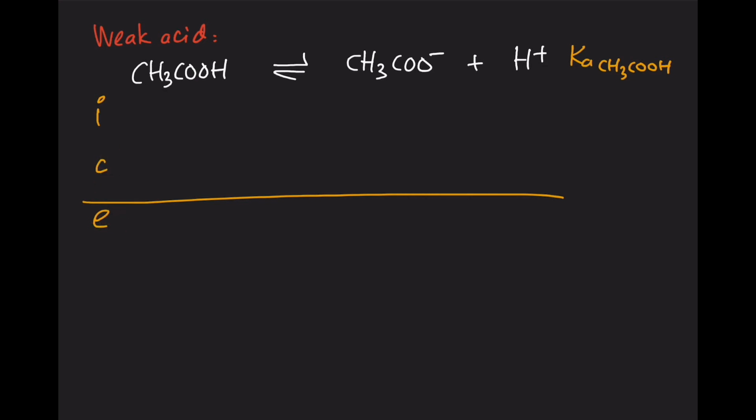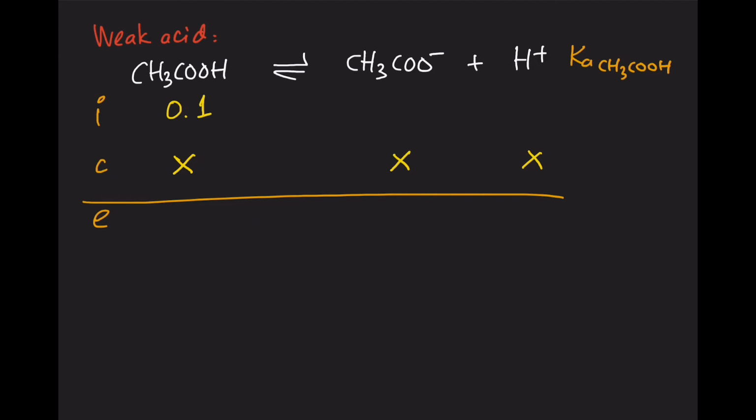For ease of calculation, let us assume that in the beginning we have 0.1 molar of CH3COOH. Now, because this reaction is an equilibrium reaction, we cannot use this as the limiting reactant. There is no such thing as a limiting reactant in an equilibrium. Therefore, here we have to write down an assumption, which is the X value. So this one is X, this will also be X, and that will also be X,